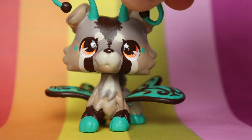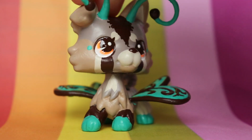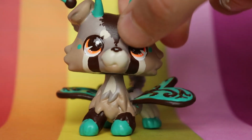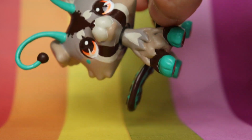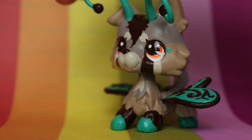But she made some butterfly collies, and I was like, that is such a cute idea. I definitely want to do it. I know I've seen some other people do it as well, so I'm not sure if Velvet was the first, but she was the one who inspired me to do this. I did not sculpt anything. The antenna and the butterfly wings were taken from an actual LPS butterfly and just glued on, and then I